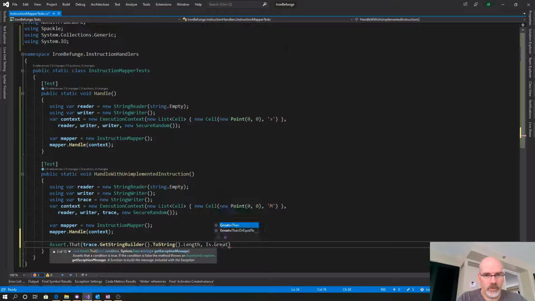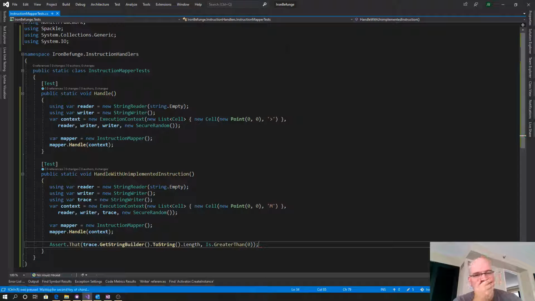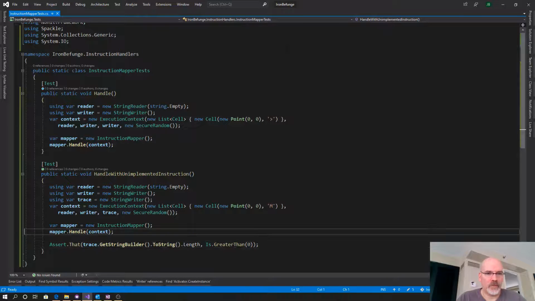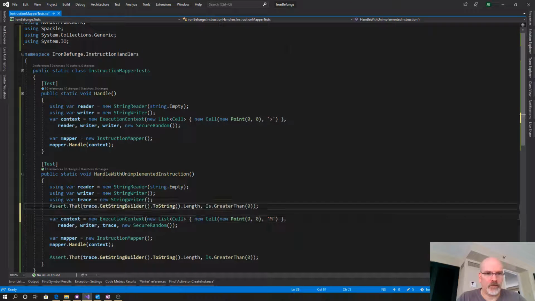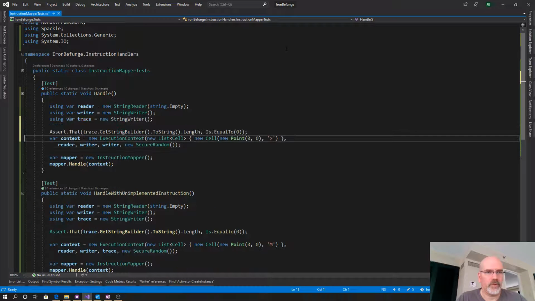Is greater than 0. Well, that's true, but I'm not sure. Well, it says it didn't fail. Okay, it didn't. Okay, so actually let's do this, which is in this spot here,